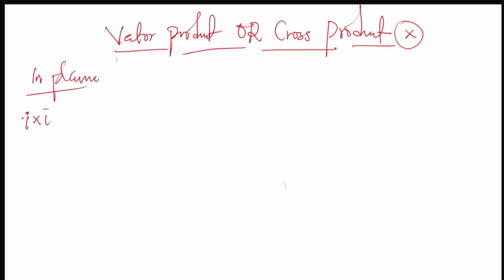Now take down for your first concept, where you have parameters with the same quantity, you simply have this to be equal to zero. Now, what's the second concept? The second concept is applicable when you have parameters with different quantity. So basically, if you have i cross j, what will it be? Your i cross j will simply give you